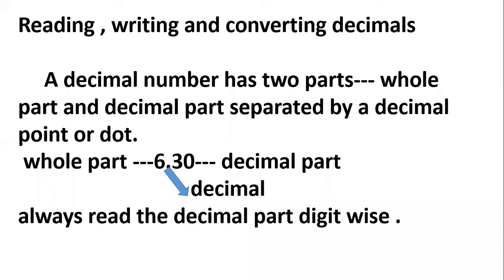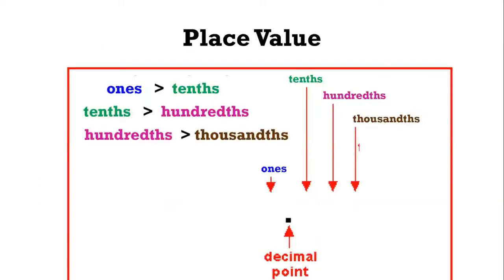Sir, should we write this? No, no, no. I will give more questions after this. I am just giving an example. This is how we have to pronounce, how we have to read. There are two ways. You can read with the point. You can read without mentioning the point. 6.30 or 6 and 30 hundredths. 6.5 or 6 and 5 tenths. You can pronounce in both the ways. Many questions are there. Pronunciation, place value, all this I will explain separately. Ones, tens, hundreds, thousands.